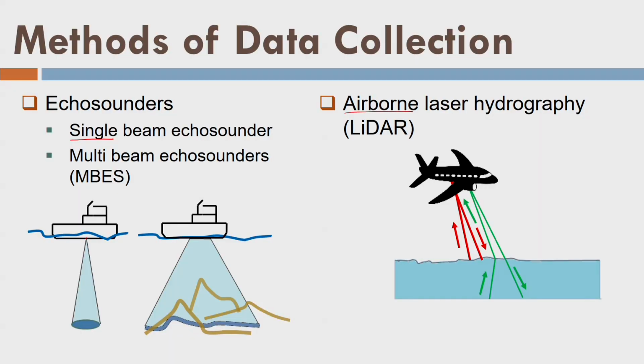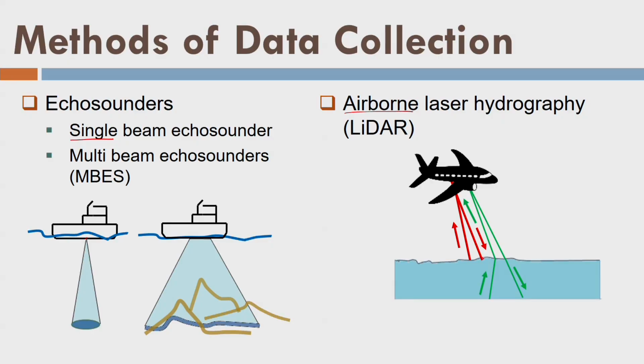We can see here that all the methods we have discussed, like the sounding pole, sounding line, the lead line, or the echo sounder, are all a little time consuming because their coverage is very small. But at the same time we realize that there are some pulses, like the sound pulse or the laser pulse, that can penetrate through water, and as a result we now want to use them. What if I use an airborne facility?